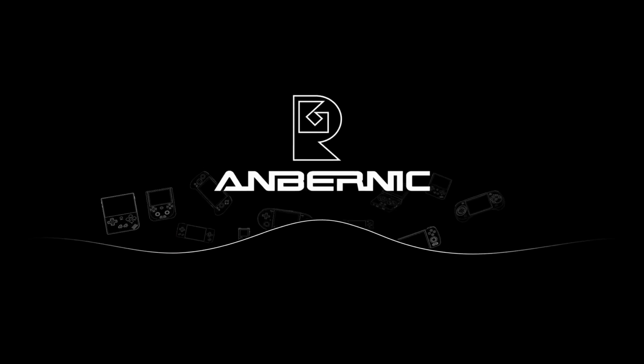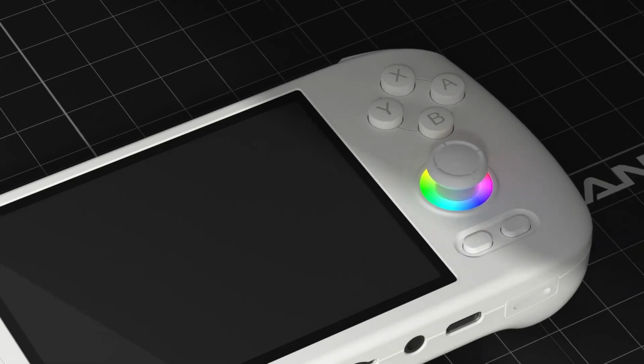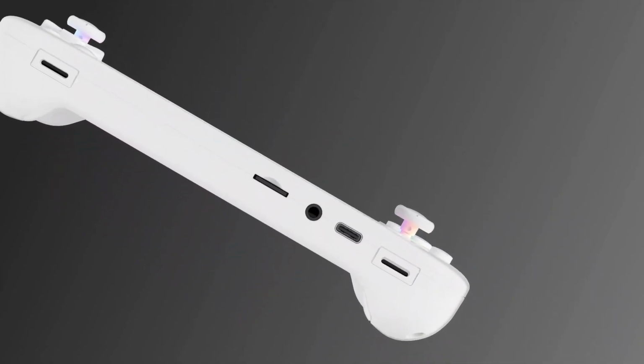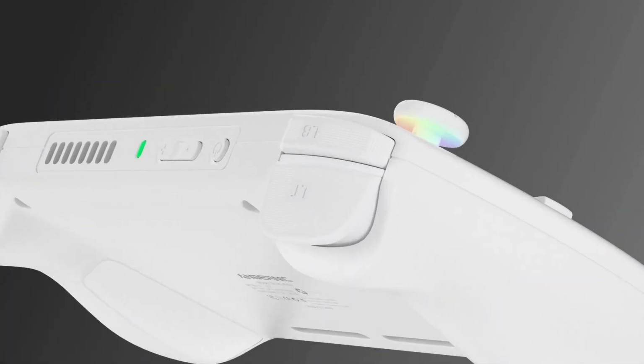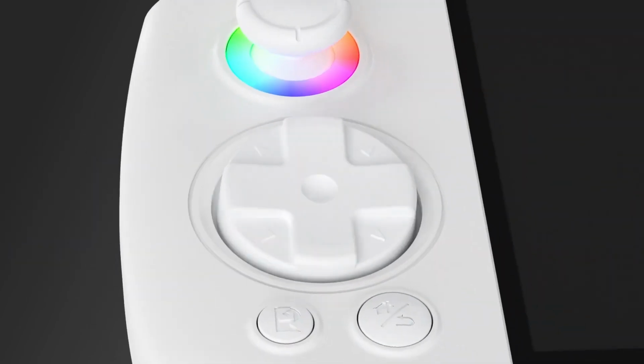You know, with the year coming to an end, I genuinely didn't think Anbernic would release any more devices. Maybe, just maybe, another XX line device, potentially. But even still, the XX Cube was still a quite surprising announcement. And even more surprising is the Anbernic